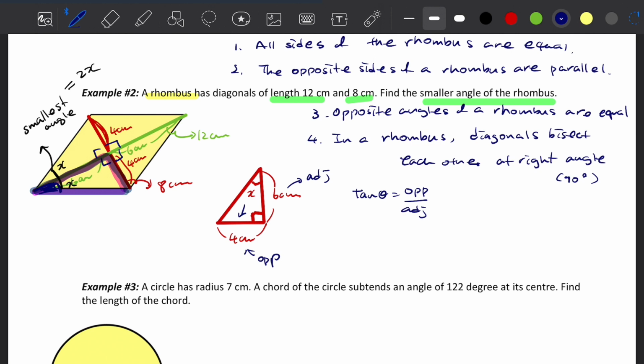So we can say tangent x is the same as 4 over 6. Then the x value is the same as tangent inverse of 4 over 6. This will give us the x value approximately equal to 33.6901. And since we need to find 2x, the smallest angle,